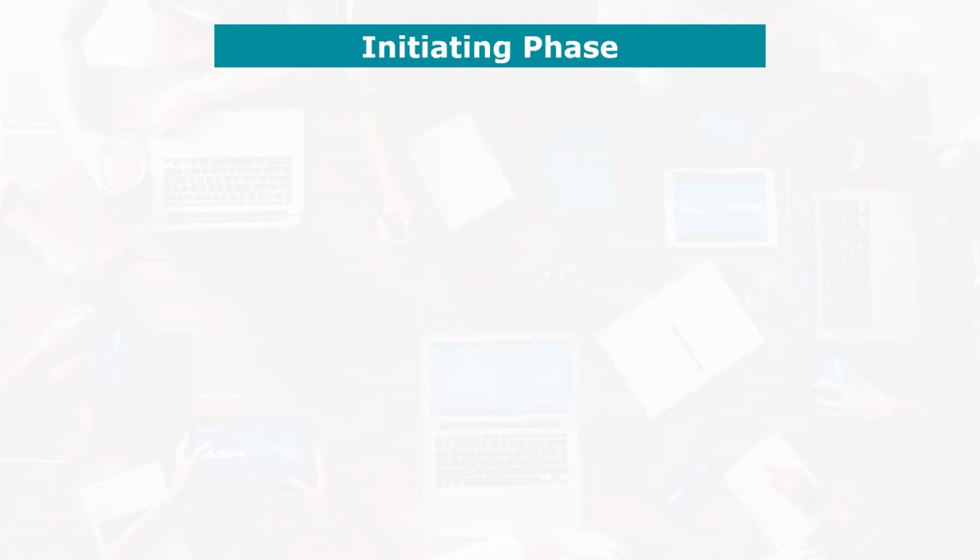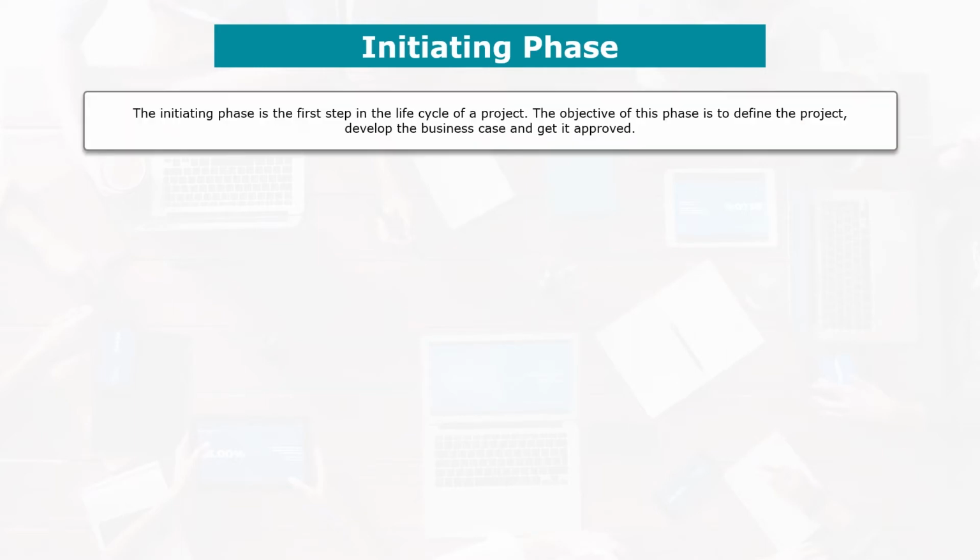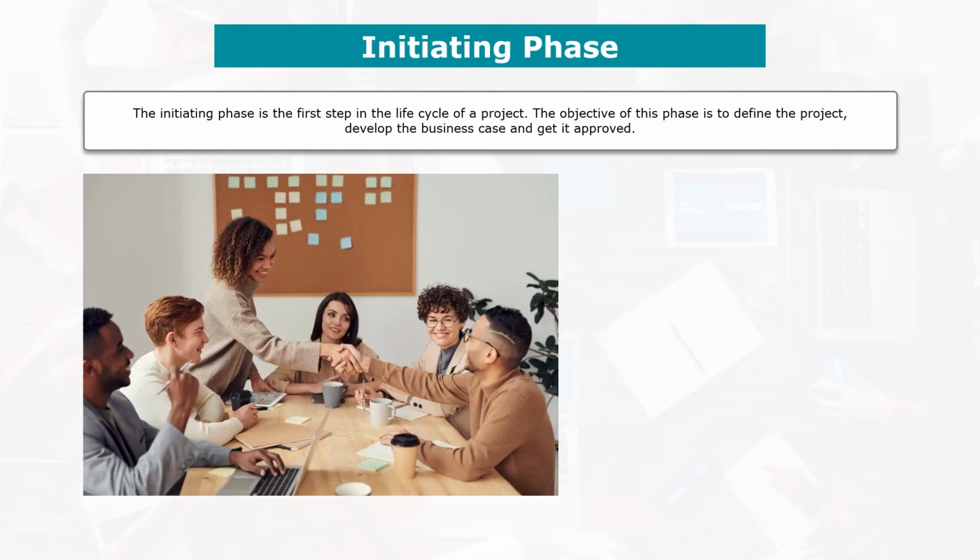Let's talk about the initiation phase of a project. The initiation phase is the first stage in the project life cycle. This phase aims to define the project, develop the business case, and get it approved. It is during this phase that the project manager will have to carry out a feasibility study of the project, create a project charter, identify the main project stakeholders, and sometimes select the various project management tools that would be